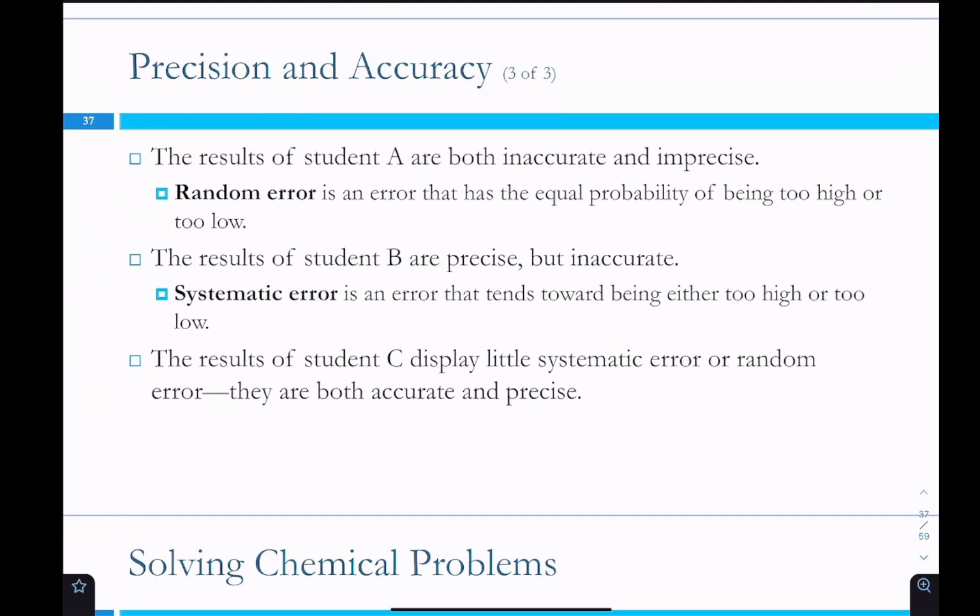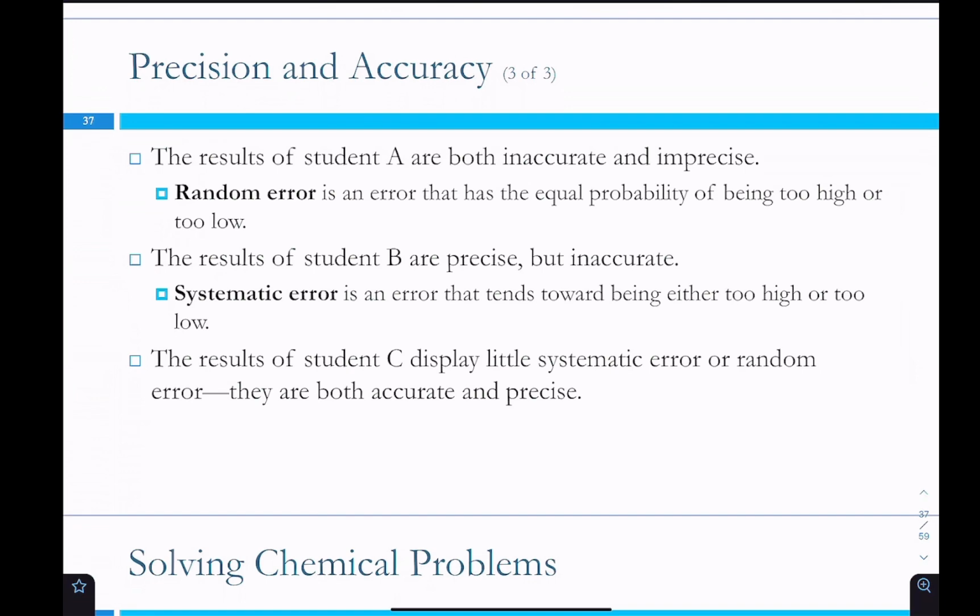So sometimes you'll get random errors and you can still be accurate and precise because your numbers are close to the true value and they're always going to vary a little bit. If your numbers are coming out exactly the same every single time, I'll be a little bit suspicious. Maybe not on these scales in the lab, but on the analytical balances, they're always just